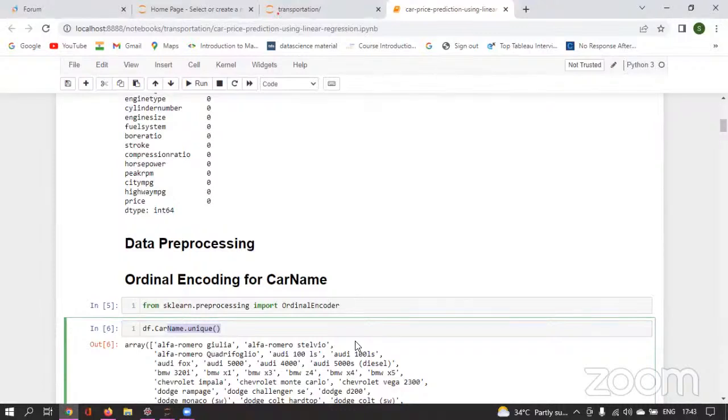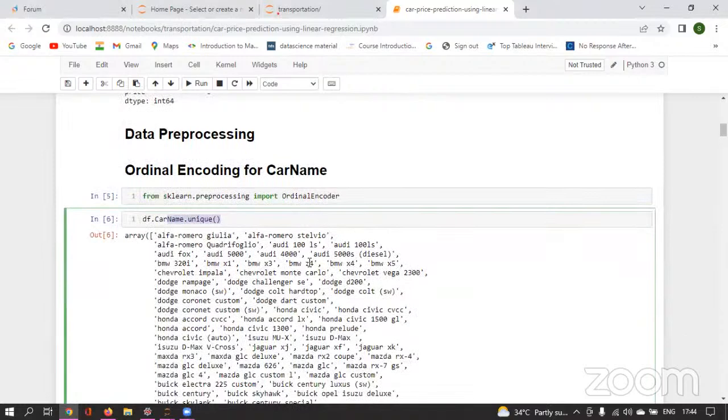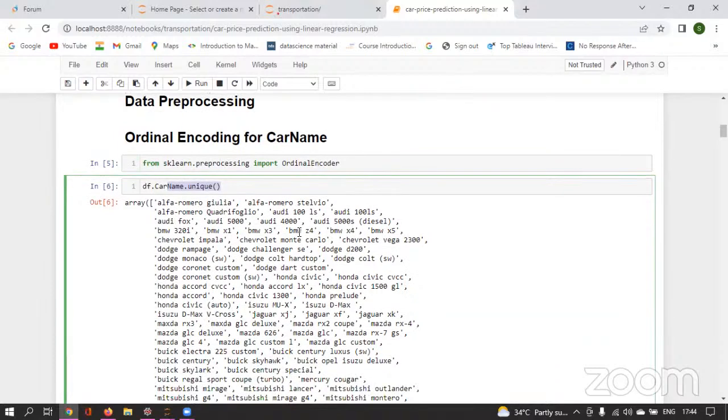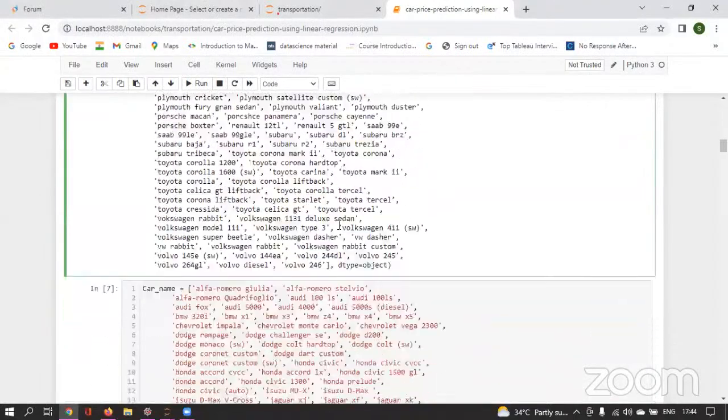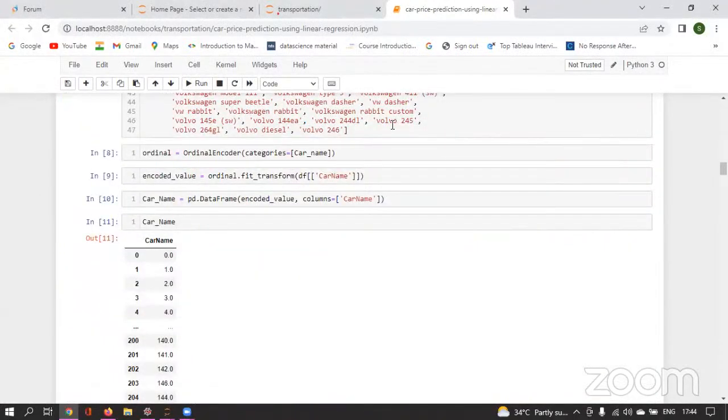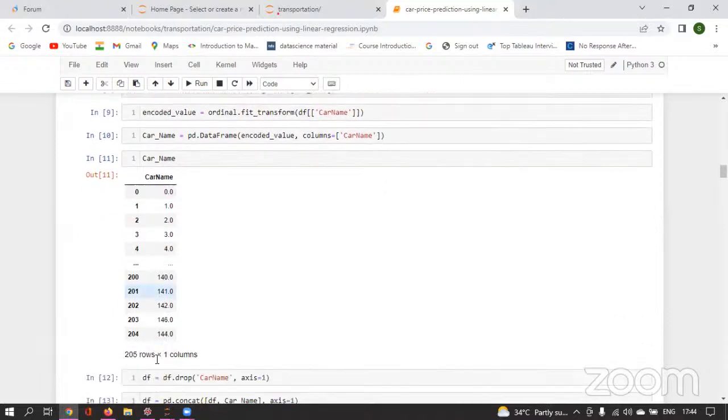Whatever the car name is, it definitely plays a very important role in finding the price of that particular car. So I am using encoding. You can go with one-hot encoding, but it doesn't give order preference, so I'm simply going with ordinal encoding, and you can also go with label encoding. I'm doing the ordinal encoding, so I've converted all the car names into ordinal encoding.